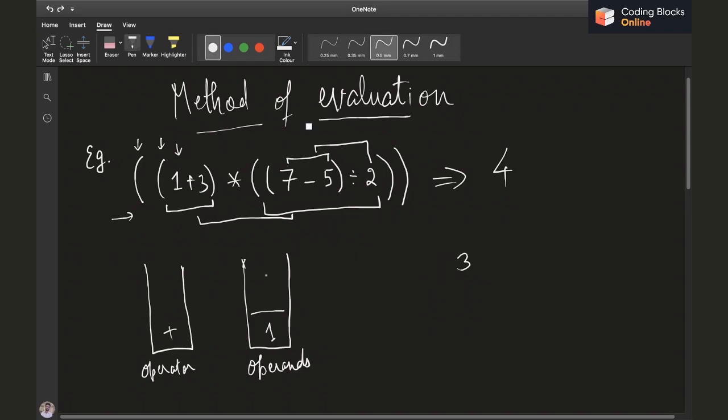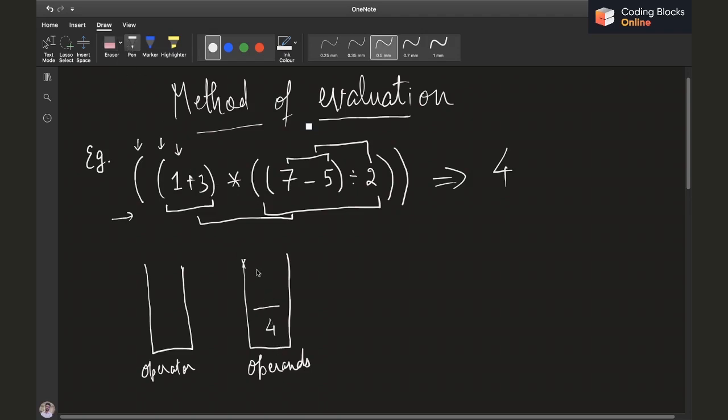We'll simply add to 3 the second last operand, which is 1, and we'll also pop the top operator and the operand, and we know that 3 plus 1 is 4. We'll push the result into the operands stack, done.